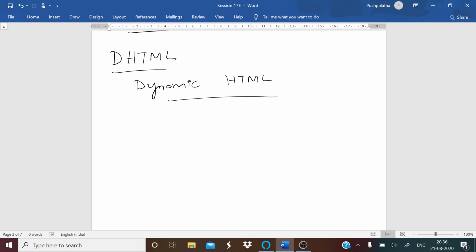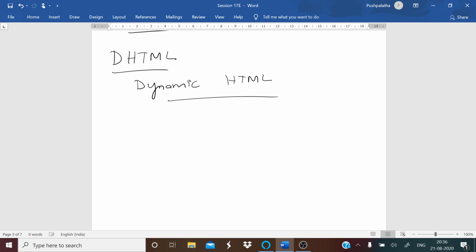DHTML is dynamic, as we said, as you run the program. DHTML is a term used to describe a combination of HTML, JavaScript, and the W3C standard DOM, and how to display the HTML element is given by your CSS.